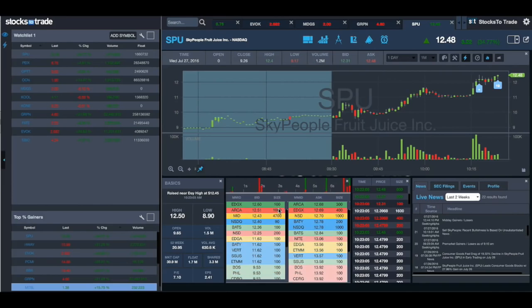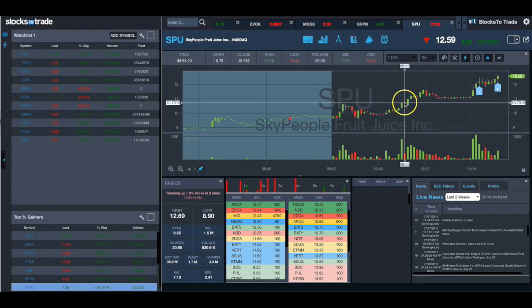Anyways, $2 a share above my buy alert now. And I like this on Stocks to Trade. It says just new day high. We just got a nice little alert. So